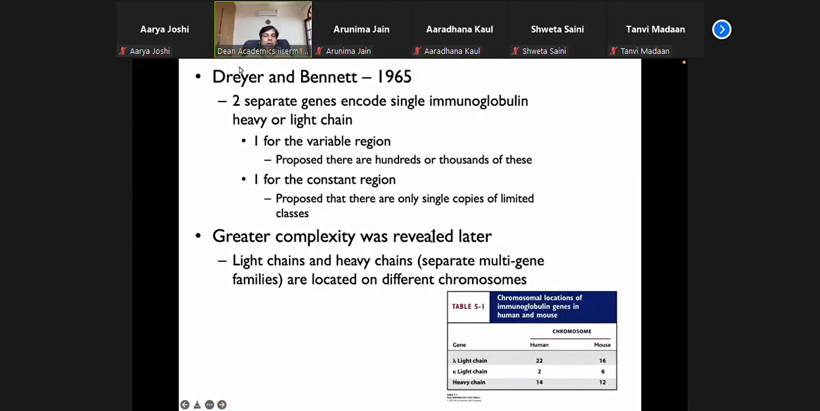Okay, so when people were trying to discover how this whole process of generation of antigen specificity takes place, and how on earth you can have a repertoire which offers you the ability to recognize and respond to each and every antigen present in this universe. See,